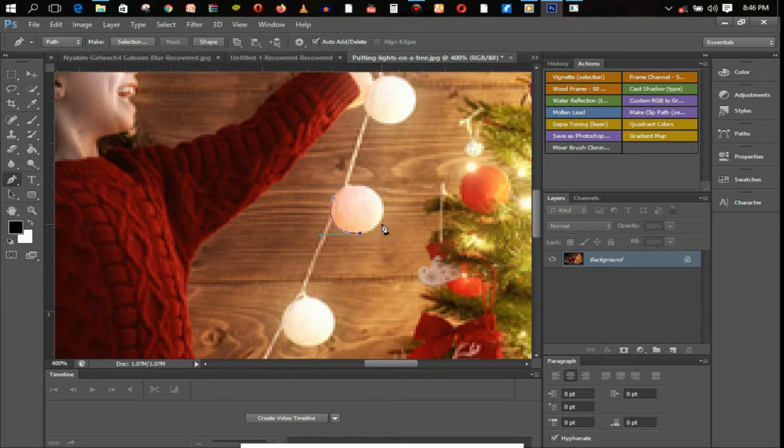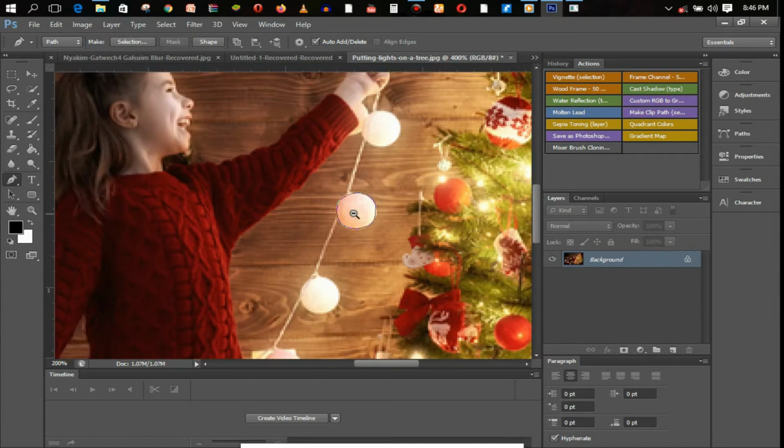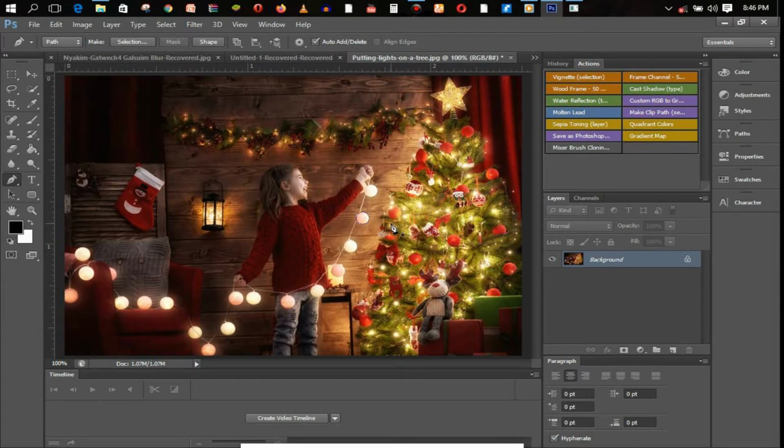Holding the alt button and clicking to move the direction of the pen tool, and click again, create another point, drag through, click again, and the final point I'll drag through, and yeah, I believe we're good to go. So I'll be hitting control and enter to make a quick selection on that shape. I just did that right now,